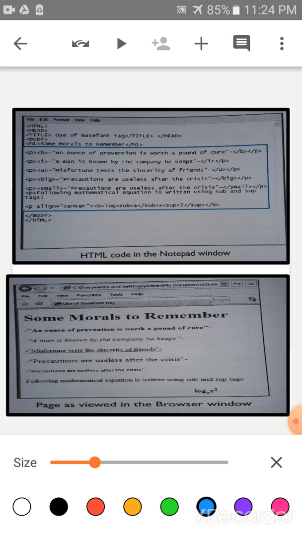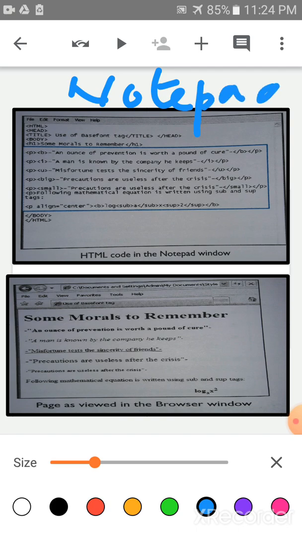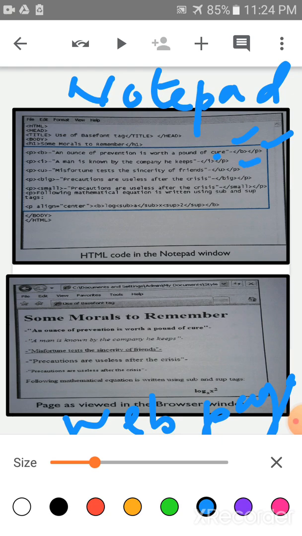This is the HTML coding in a notepad. Okay, and this is the web page. Write down the coding in a notepad. Tags are used: B tag for bold, P tag for paragraph, I tag for italic, U tag for underline, big tag for bigger, okay, and sup tag for superscript.